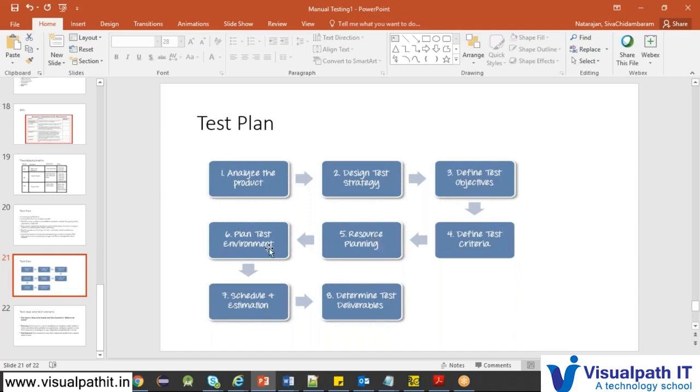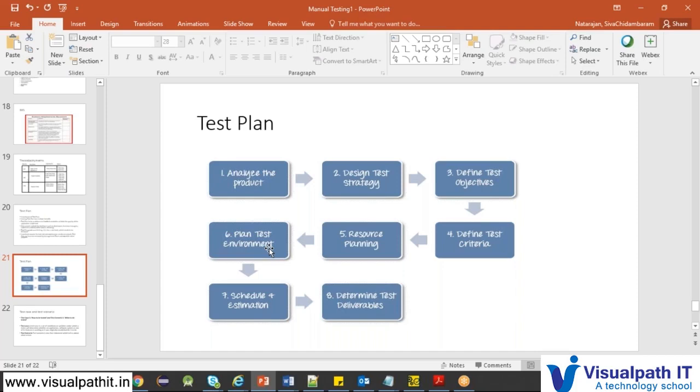You can use the test plan as a reference for the kind of environment the testing team has asked for, so the management and others can define what environment may be required and plan accordingly, and the clients as well. The schedule and estimation can also be defined using the test plan.